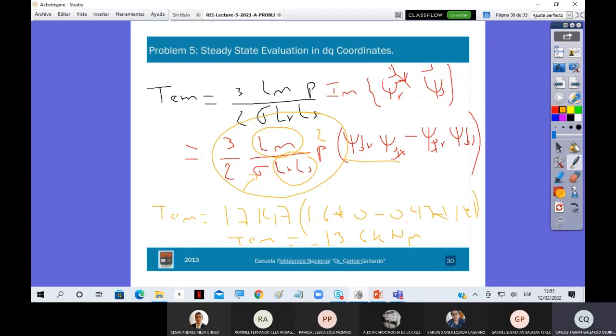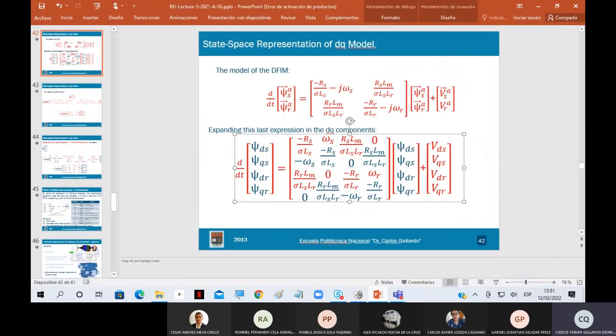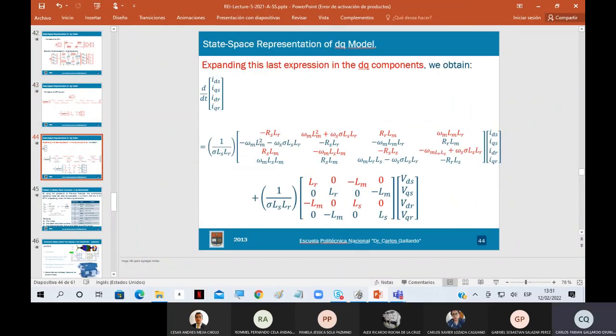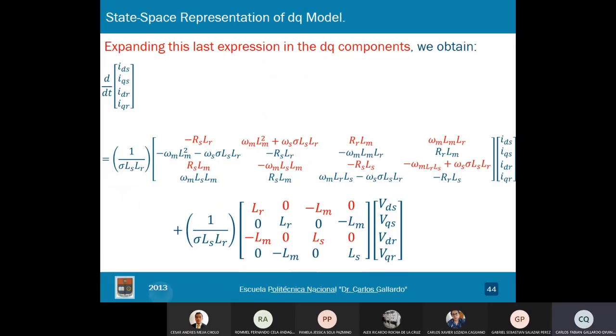So finally, the stator and rotor currents can be calculated with expression. So once again, we have already derived this equation. So let's go back to the PowerPoint presentation. Okay, so now I am carrying out the steady state analysis. Therefore the derivatives are equal to 0. Okay, so isolating the currents, I will compute these currents. Okay.